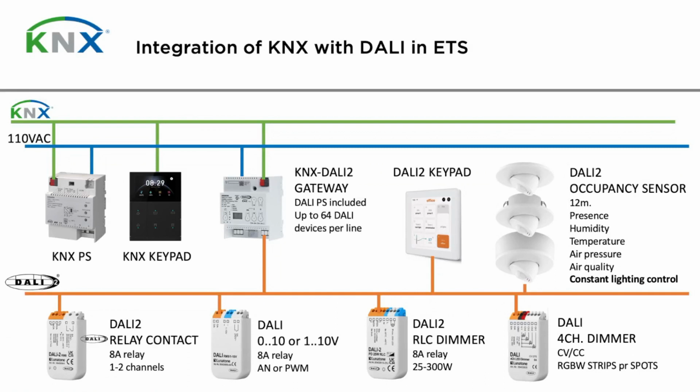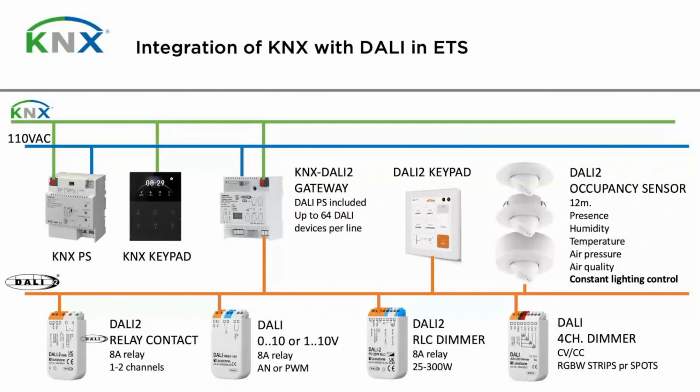Okay, this gateway is providing power to the DALI bus and also the data. So this is working as the controller we were talking about in DALI. With this KNX DALI gateway, we can control up to 64 DALI devices per line. And then from that gateway to the bottom, everything is DALI. This is not KNX anymore. This is DALI. So we can have as many DALI devices as we wish, up to 64, and many